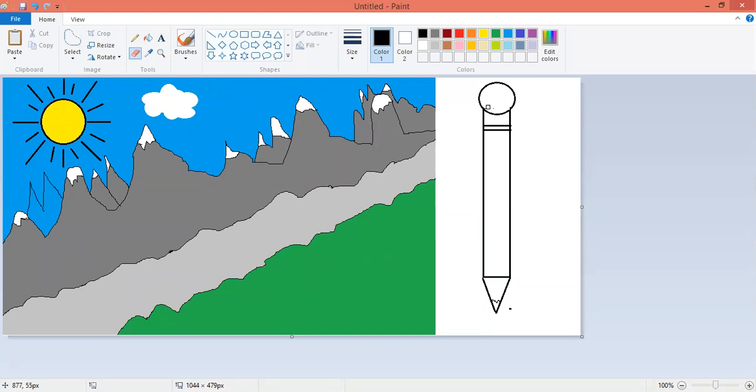I erase this line. Just putting up the colors. So we put the green color here, light green here, and we are putting up the red color here. The rubber is there. For the rubber we are putting up this color, and for the pencil we put up this color, and this is the graphite. So our pencil is ready. It's very easy to draw.